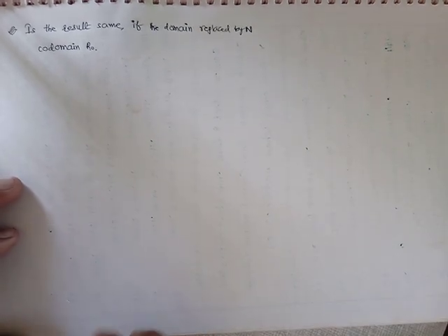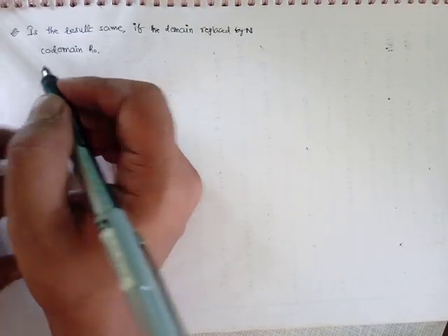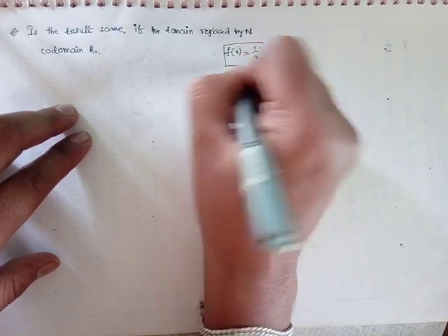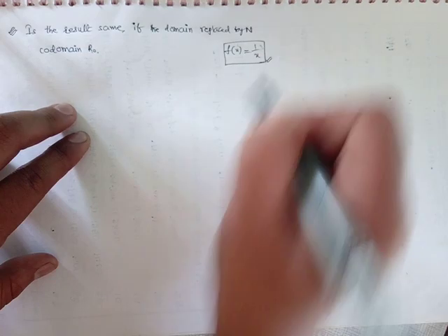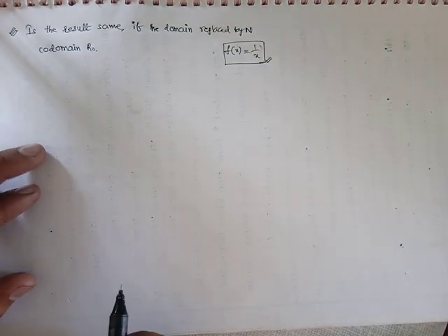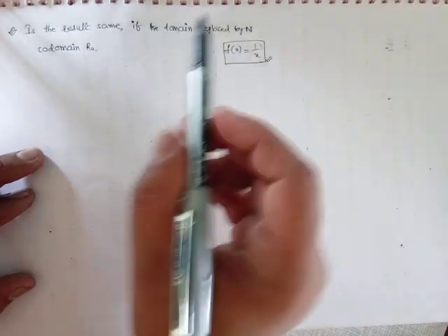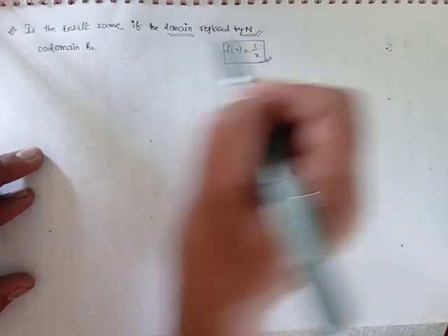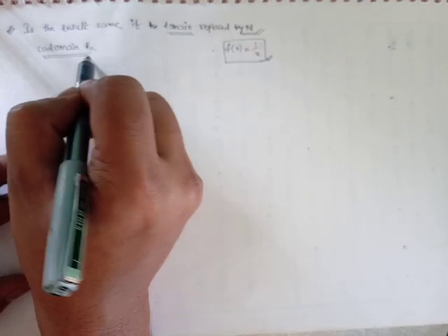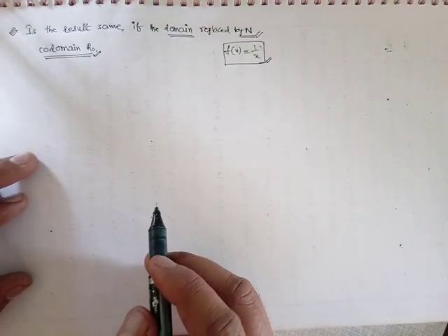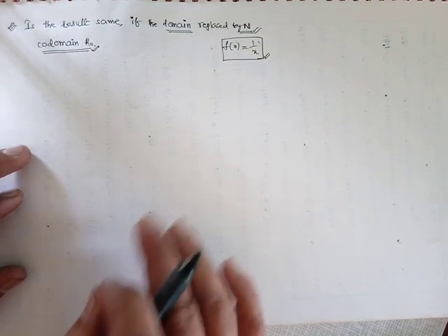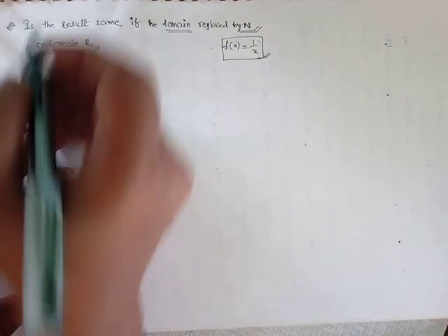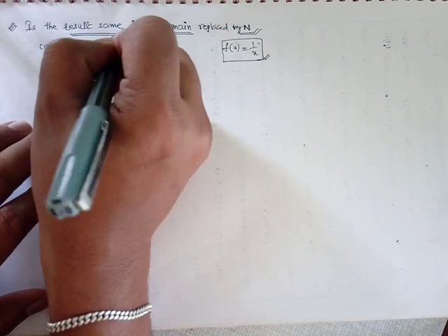Now in the same question, the function is given as f of x is equal to 1 by x. The function is the same, but the domain and range are different. The domain is considered as natural numbers and the codomain is taken as R naught. Then what can we consider this time? Whether it is 1-1 and onto, will the result come out the same?